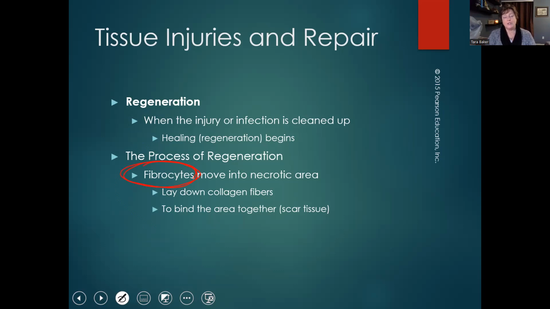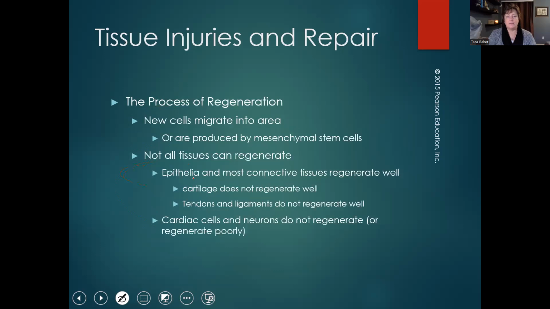Many cells will start out with a type of scar tissue, a type of collagen, and then the appropriate cells will come back in and fill in that space. So new cells will migrate to the area, or we'll have stem cells in the area that will make more of the cell type that you lost. So if you have damaged a muscle, you're going to have other muscle cells replace it.